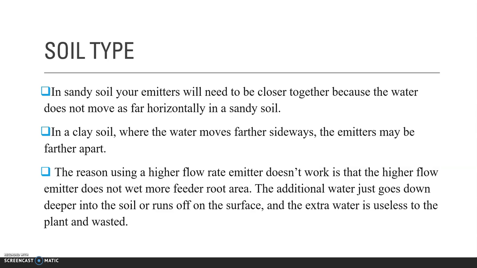We need to give long space between the emitters. If it is sandy soil, the emitters need to be close together because the water doesn't move horizontally. So we need to space them very closely in sandy soil. But at the same time, you need to run the emitters for a short time, otherwise the vertical rate also matters, so it's very tricky to irrigate sandy soil. That's why plants do not grow very well compared to other types of soil.